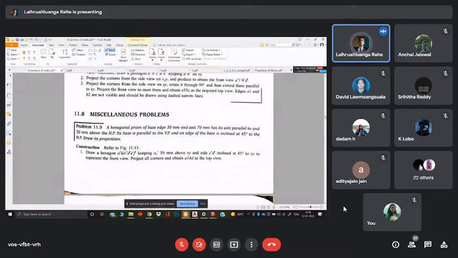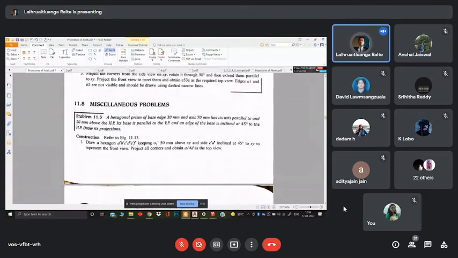Now we have some miscellaneous problems over here. Let's see. We have a hexagonal prism of base edge 30 mm and axis 70 mm, which has its axis parallel to and 50 mm above the HP. Its base is parallel to the VP and an edge of the base is inclined at 45 degrees to the HP. Draw its projections. It's a hexagonal prism, so there will be a hexagonal base and there will be a protrusion of that base up to 70 mm, and now its axis is parallel to and 50 mm above the HP. When the axis is parallel to the HP, it can also be